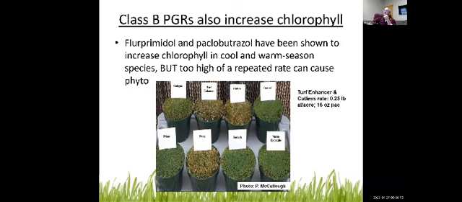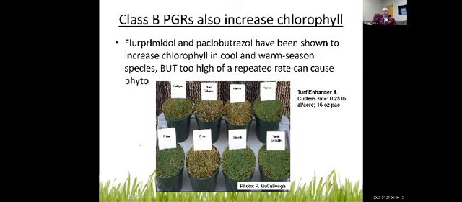And, you know, PGRs can have, and I feel like the literature is a bit misleading in this area, but PGRs can have an effect on aesthetics. If you look at the images here, you can see some greenhouse work where products like Proxy, Cutlass, and in this case, Turf Enhancer, which is the same thing as Trimit, it's paclobutrazol. And those three arguably are the most aggressive in terms of discoloring our desirable turf. But typically, you see this severe type of discoloration on the first application.